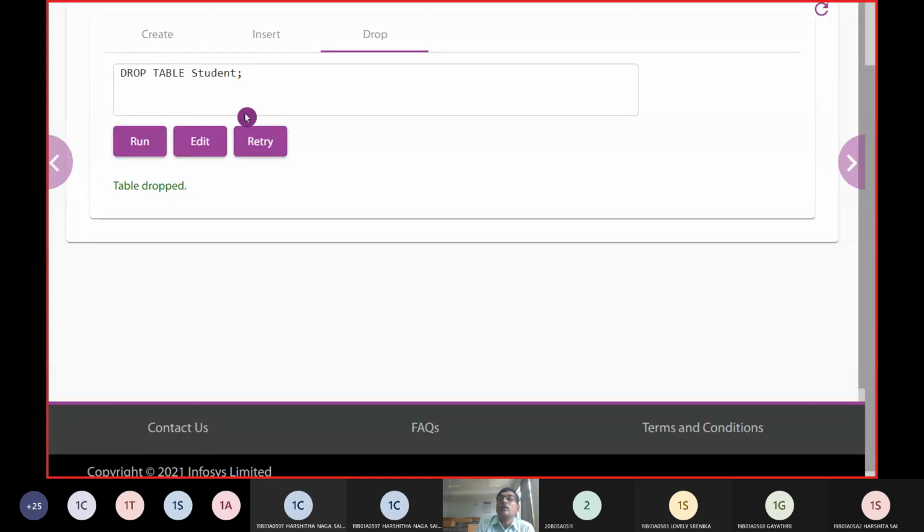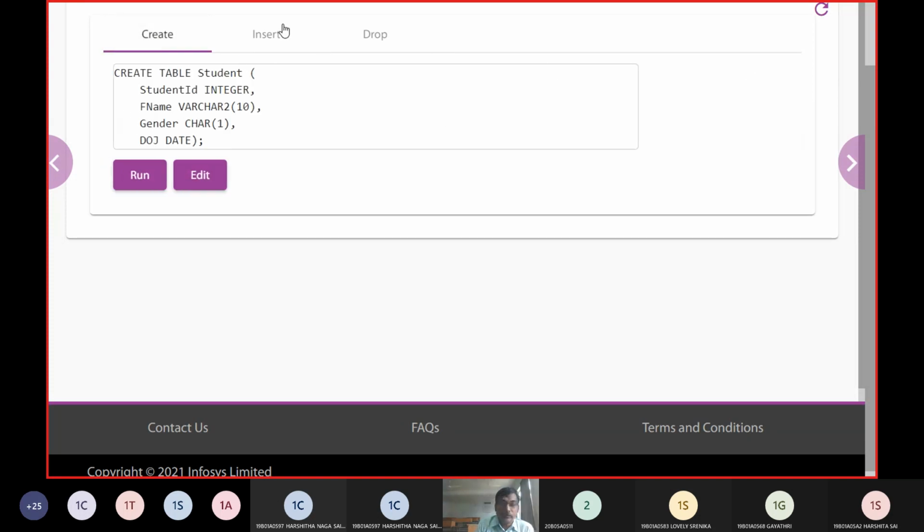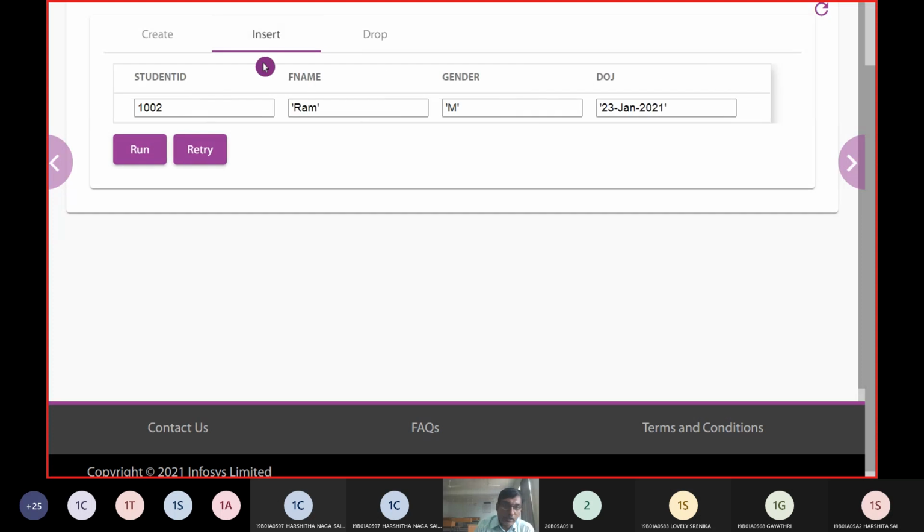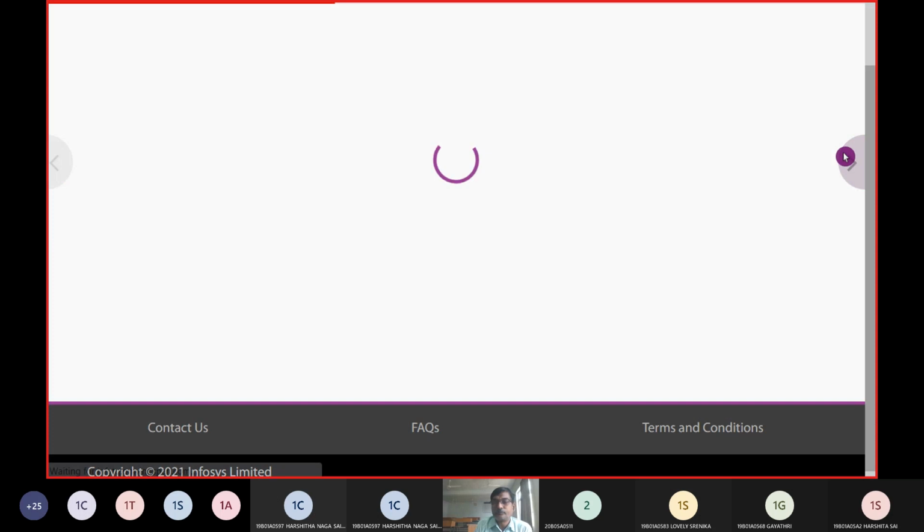This is how we work with the data definition language, creating a table and dropping a table. Similarly, we have already worked with manipulation of a table with the insert command.